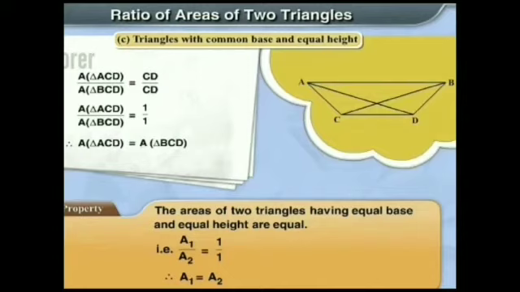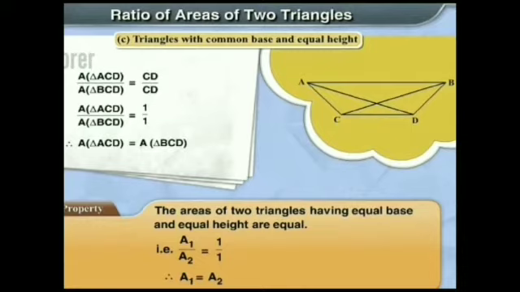Third condition, triangles with common base and equal height. That means we have got two triangles where bases are also equal and heights are also equal. So you can see the diagram, we have two triangles, triangle ACD and triangle BCD, where we have common base and equal height. So when we write the ratios of areas of two triangles, we get 1 upon 1,